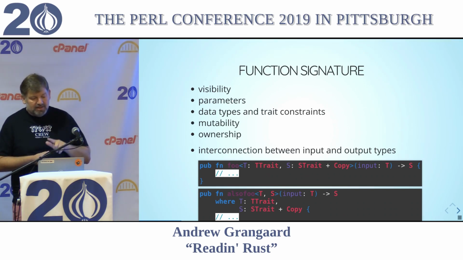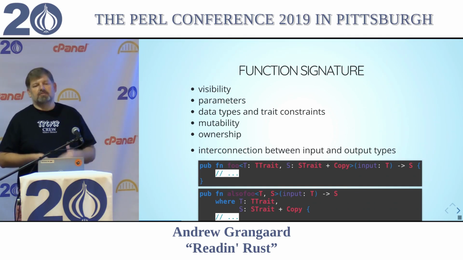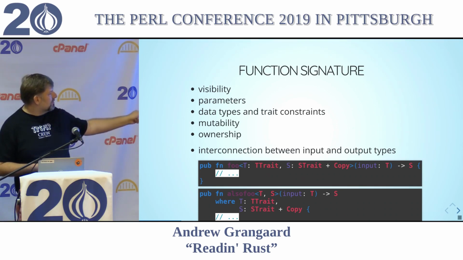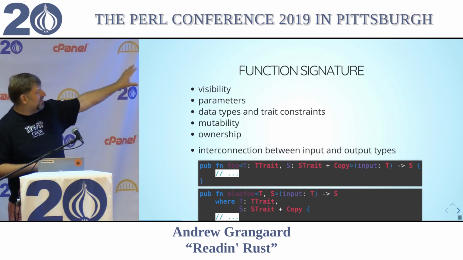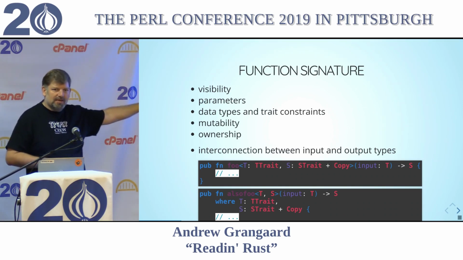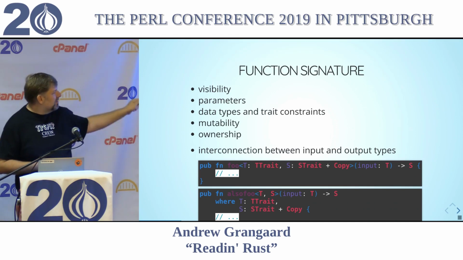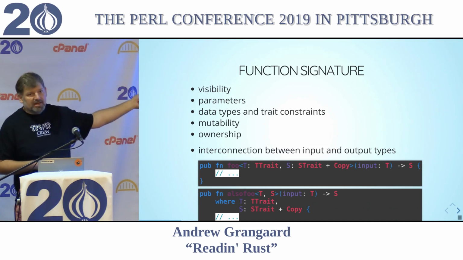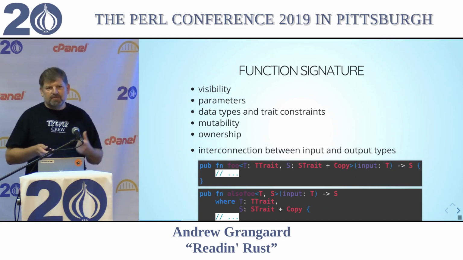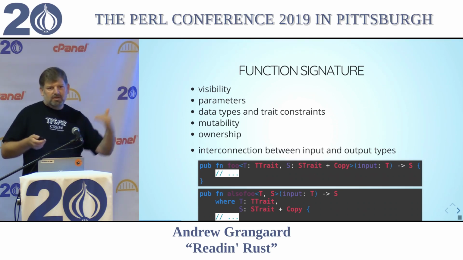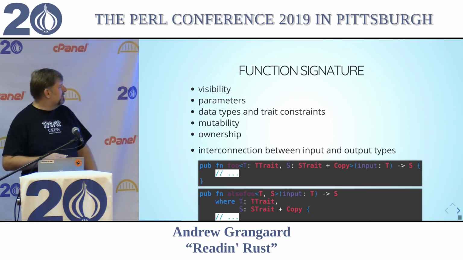It shows the mutability and the ownership and the interconnection between the input and output types, which introduces more words for the rest of the talk. So these two are actually equivalent. And there's a third equivalent form that is even more sugar as we get more and more down. So pub at the beginning says this is a public function and it will be exported. And if you don't say pub, it's not exported. And there's actually a middle of the road: you can make this public to your modules but not the outside world.